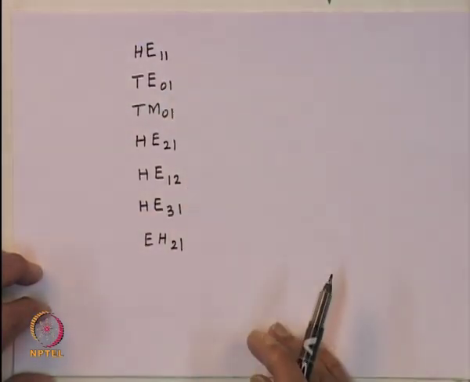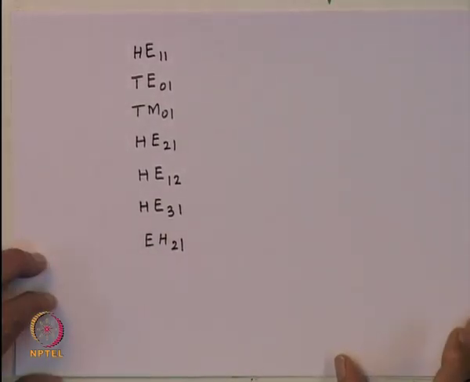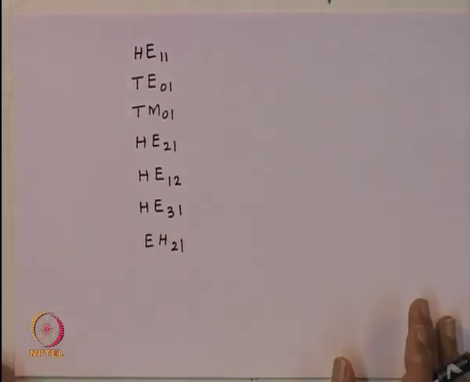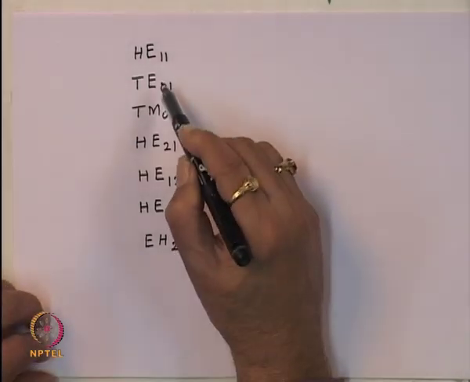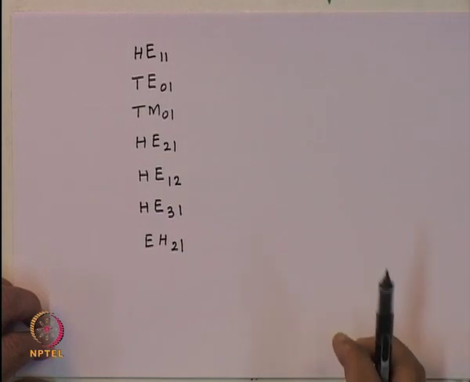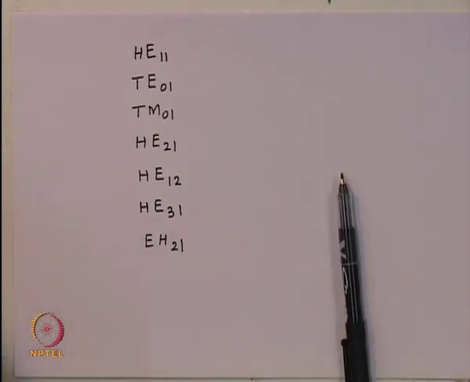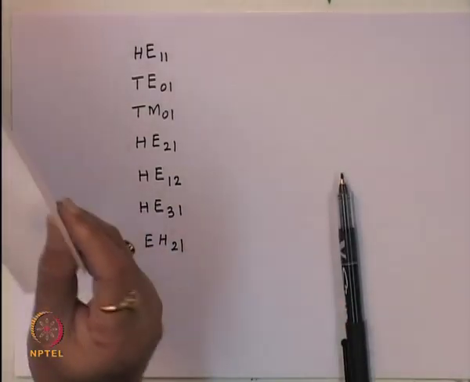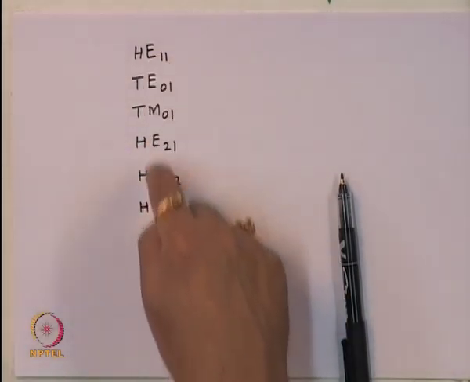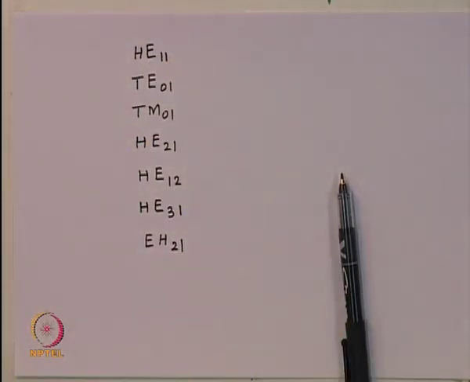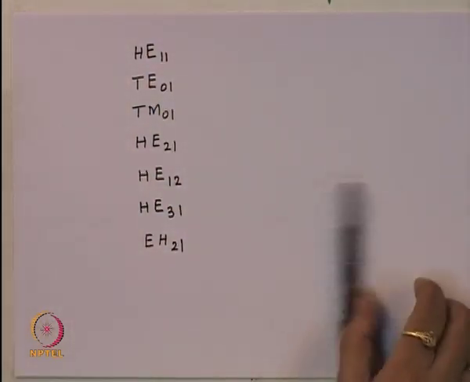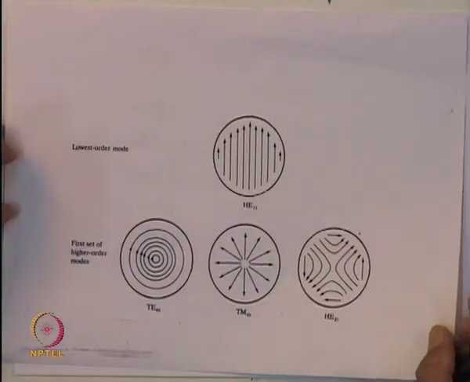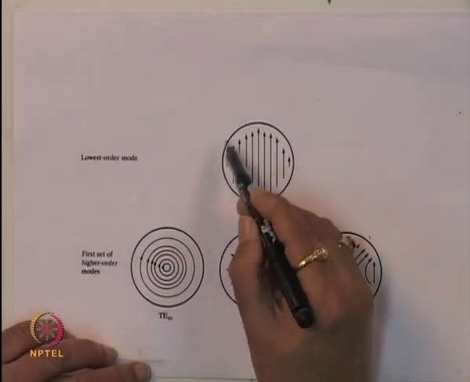That means, though you are having these indices 1, 1, it tells you the intensity distribution of the electric and magnetic field inside the optical fiber, there are still the degeneracies because of the polarization of the modes inside the optical fiber. So, let us ask a question: what are the polarization degeneracies or the angular degeneracies corresponding to each of these modes? So, as you can see, if I look at this diagram here,